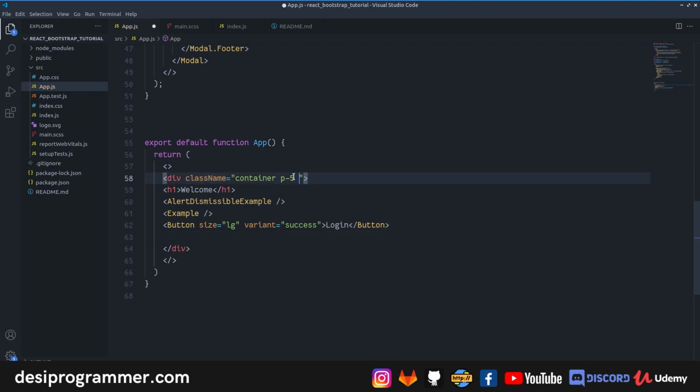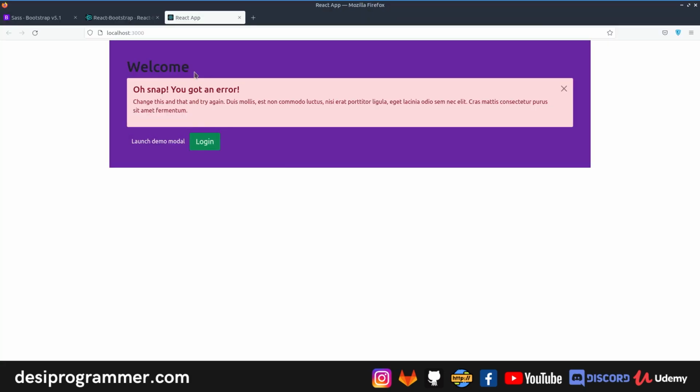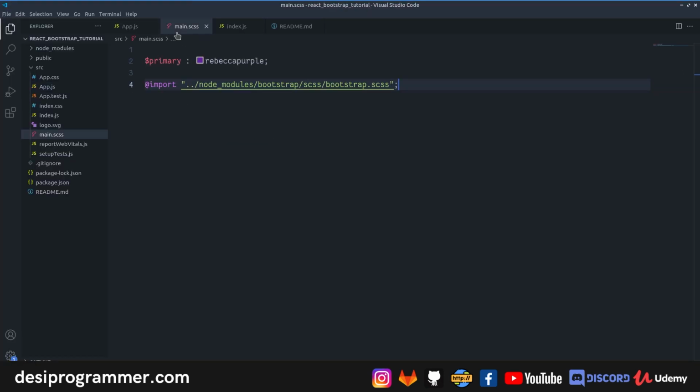I can do something like bg-primary, and this is going to get this particular primary color that I just added. You can overwrite a lot of stuff here, not just simple colors, a lot of stuff literally, and this will actually make sure that even though you're using Bootstrap, your website will look different with its own custom themes, font sizes, and fonts and whatnot.